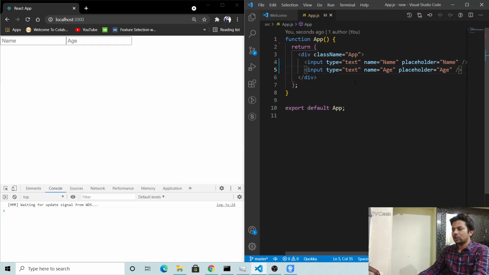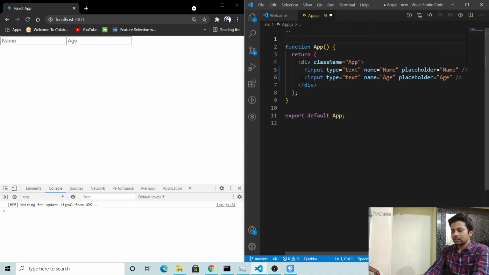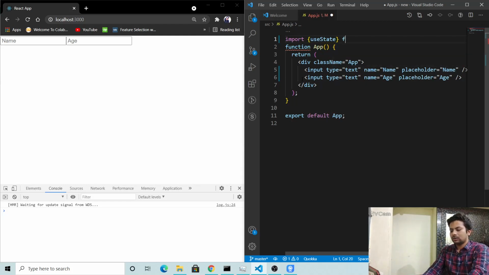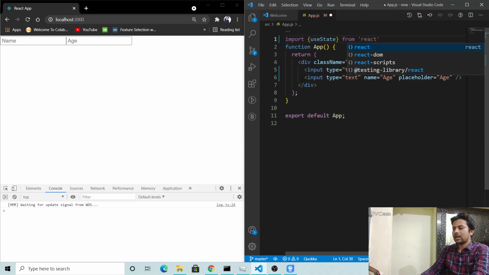See, name and age. So for getting their values, we'll import useState from React.